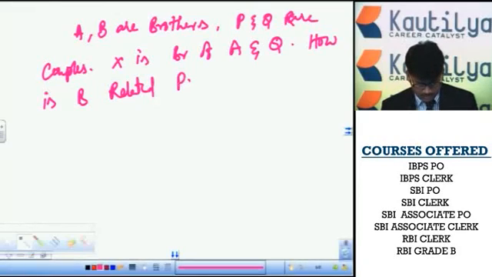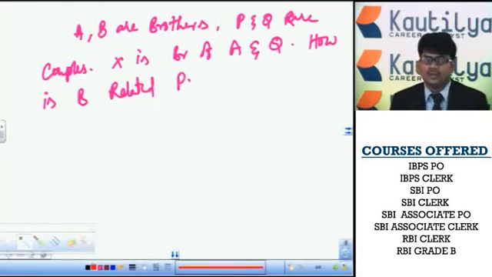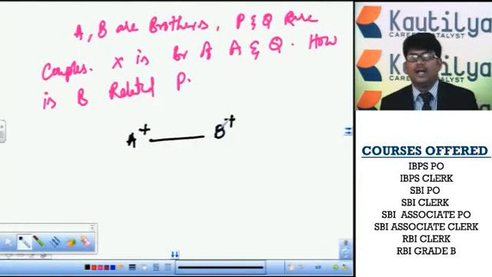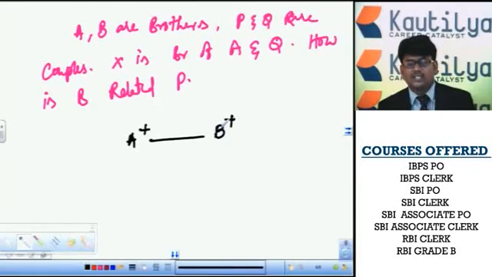First we should remember the points. Brothers are represented by a horizontal line, parent and offspring by a vertical line, and wife and husband, that means spouse, is indicated by the double implies symbol. A male person is denoted as a plus, a female person as a minus. Here clearly the given information is that A and B are brothers. A is a plus person and a brother with B, and B is also a brother. Both are brothers. Next, the relationship: P and Q are couples. We don't know the genders of P and Q, so we have to represent it in another manner.